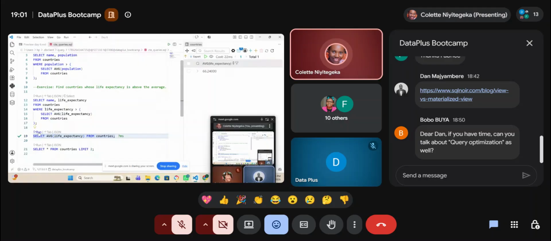So your head is already in subqueries. I don't want the second select, so I can type the life expectancy. You've forgotten where. Okay, continue. See, where the subquery comes after from? Okay. So select name and life expectancy from countries where